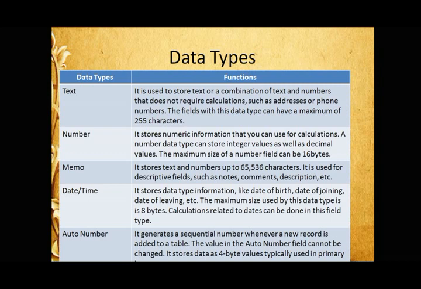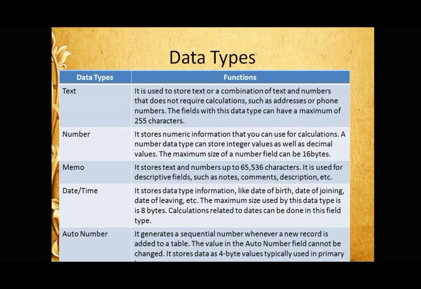Now let's come to date and time. Like I have to store your date of birth, your date of joining to the school, or when you are taking TC from the school. This kind of dates need to be recorded in the school's record. So we need a particular type that is called date and time. I can store the date and time, and I don't need to write it again and again in different formats. It can be similar in each and every record.